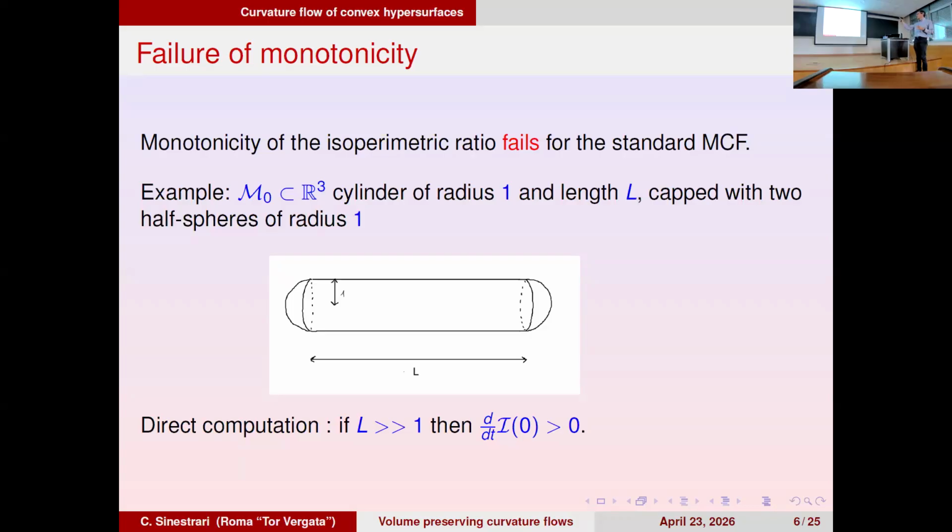it is not so surprising. I mean, for short times, the cylinder will become narrower. Of course, also the caps move towards the center, but at the beginning the curvature in the different regions is comparable. So initially the object is becoming more asymmetric, less spherical, for small times. Only after some longer time, the large curvature on the tips will prevail, and it will become more and more spherical.